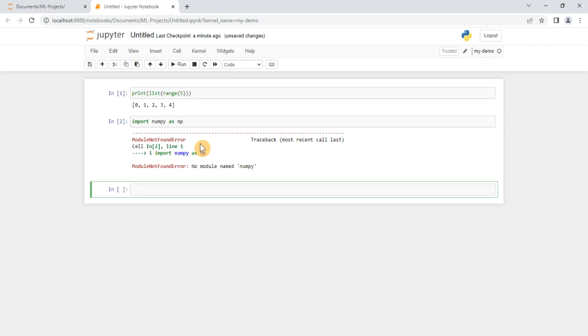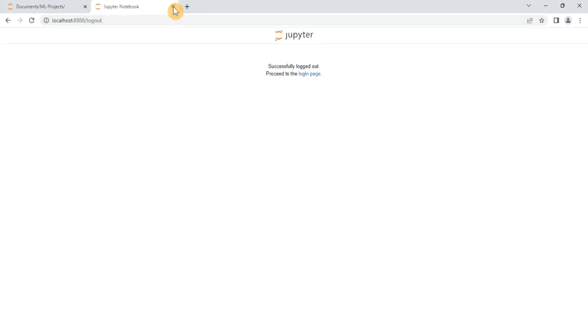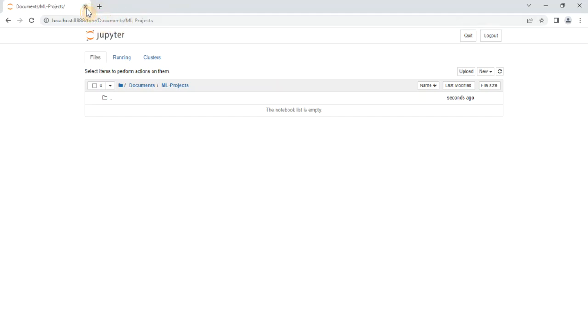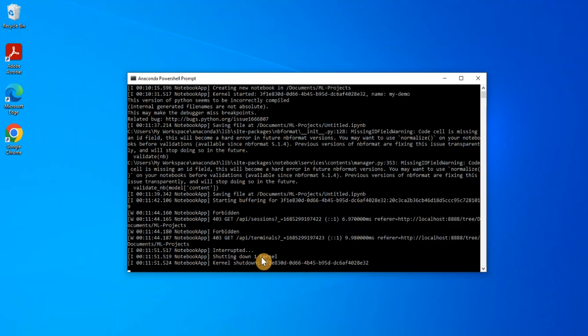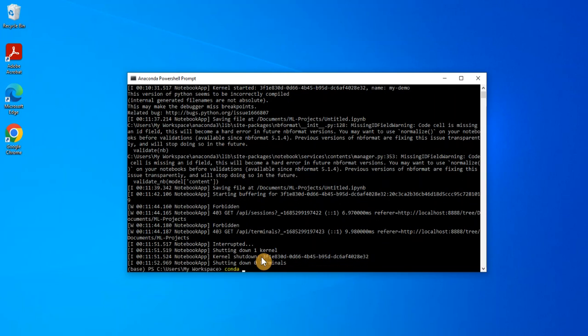Now to install this, I need to go back and install it in that environment. So I'm going to log off from here. Let me save this so I can resume next time. I log out from here. Close this. Close this. Let me try shutting down my kernel. And it's shut down. Now I go again, conda activate